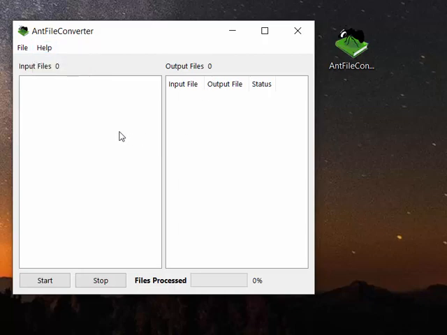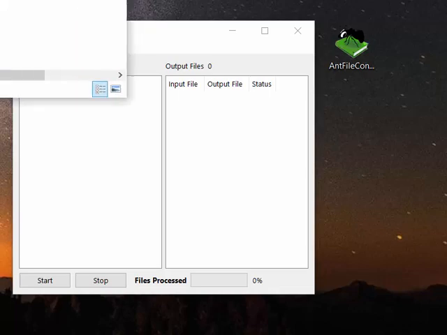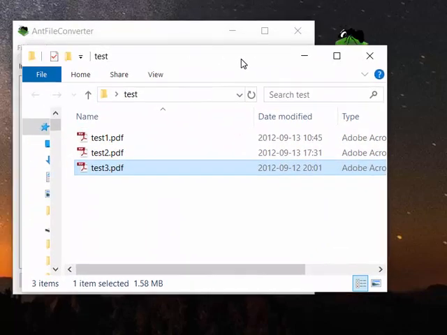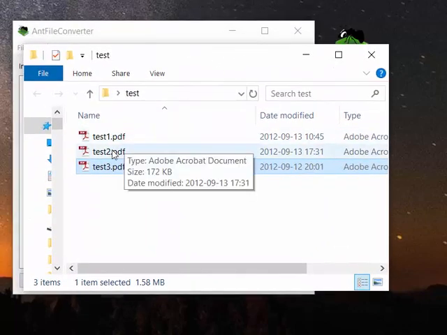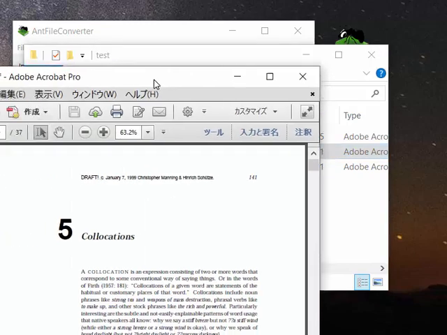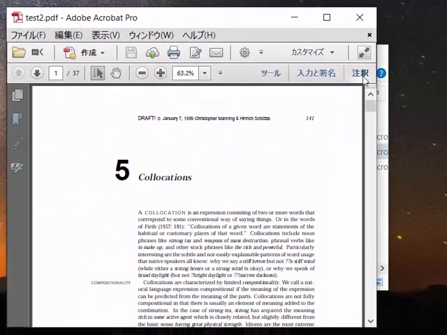Okay, so to load in the files, as I said, we can go to the File, Open File, or we can just drag and drop files directly into the program. So here is a folder of PDF files, and I'll show you one of those. So this is a research paper discussing collocations, and